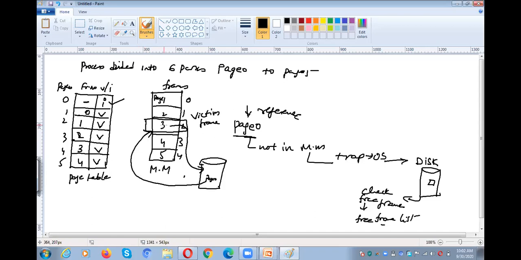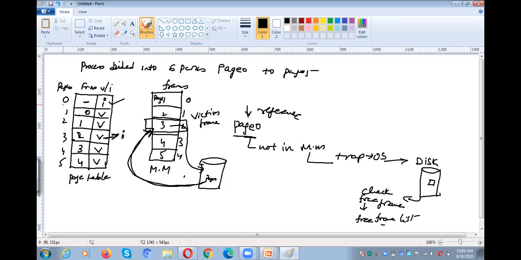Whenever I swap out page 3 into the secondary memory, I need to change page 3 from valid to invalid in the page table. Page 3 is now swapped out from main memory to the secondary memory. That is why I change the valid bit to invalid, and then I swap in page 0 to that particular position, frame 2.